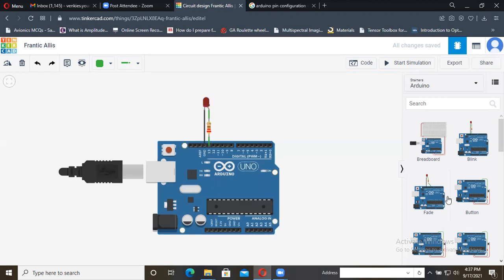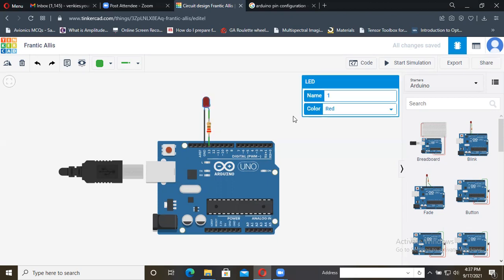By using Arduino, I am going to blink an LED here. Okay, this is an already designed project. The simple connection is to take one LED here and select a color. You can select any color of the LED. Suppose here it is selected as red, and here I am changing it to yellow. So this is a resistor. You can change the value of the resistor.